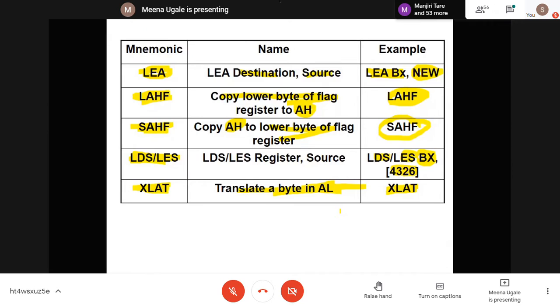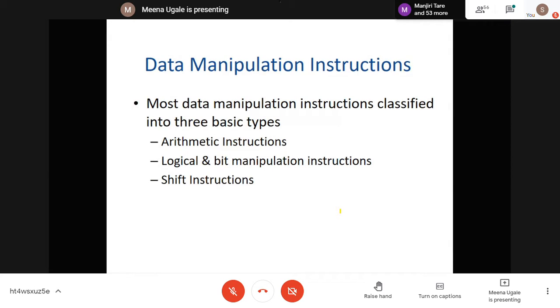Okay. Next category you have is data manipulation instructions. When I say manipulation, it means I'm going to work on the data. You may also call it data processing instructions, but for 8086, the name given in the book is data manipulation. They're classified into 3 main categories. One is arithmetic operations like addition, subtraction, multiplication, division.